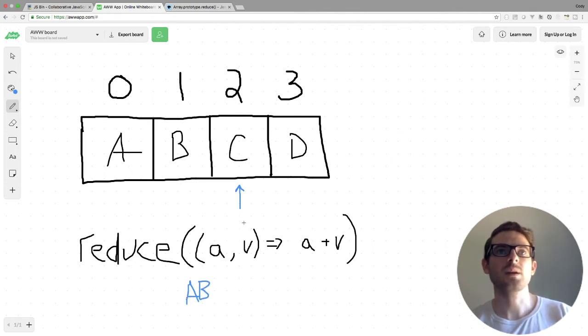The value is going to be a C. Write this down here so it's a little bit easier. And we're just going to concatenate those together. So AB plus the string of C is going to give us ABC. Pretty straightforward. And then we move on to the next iteration where we're going to be looking at the